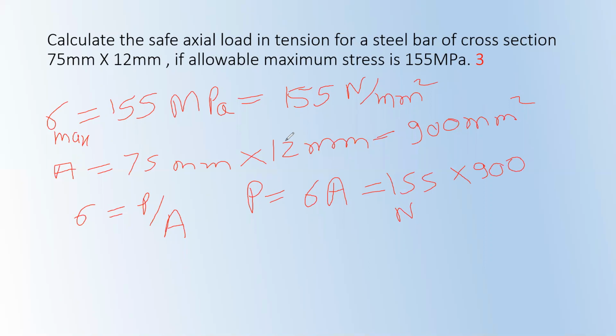Here the stress is Newton per mm square and the area is mm square, so mm square will get cancelled. 155 into 900, you should multiply this. Whenever you multiply, you will get